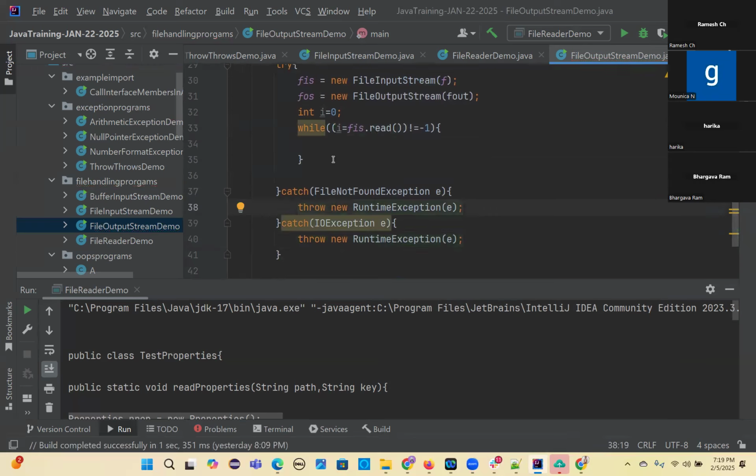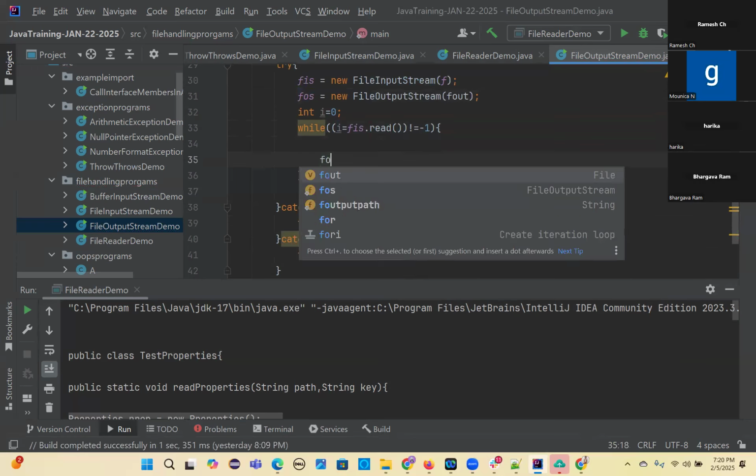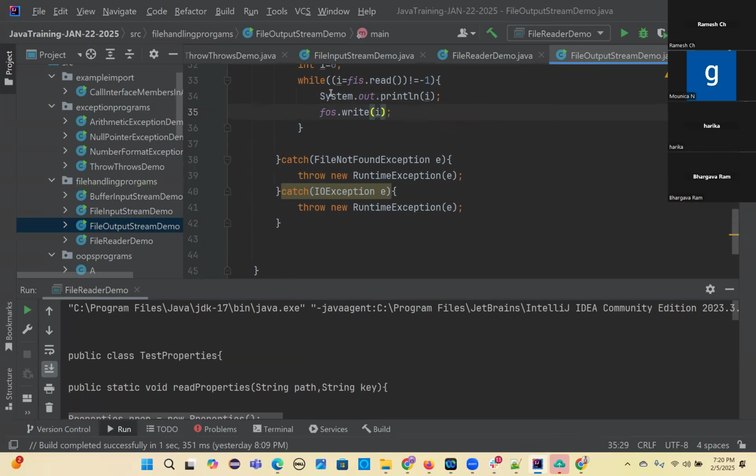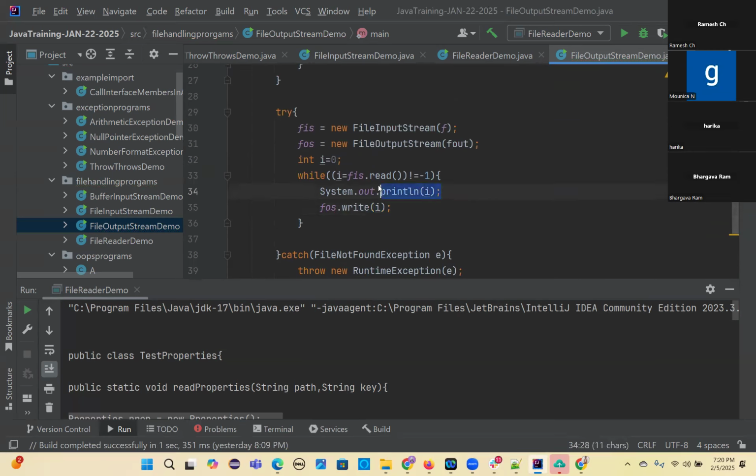So one more catch block added. So you got the I value. Now this I value, you write it to this file, same I value. So FOS dot, maybe I will print it. I. So I am writing to the another file. So I read and I am printing